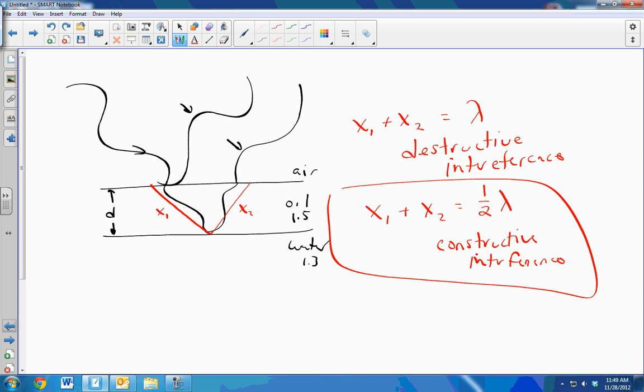Now let's take a look back at this idea. We kind of already said it, but we can't just say x1 and x2. We have to put it in terms of d. Well, this is where it gets a little bit hairy because you have to combine it with Snell's law. When this thing is projected through here, you will know the angle at which it's projected through if you know the angle at which it comes at. Right? Snell's law will allow you to solve for that angle. Well, now what is the distance x1 here? It's